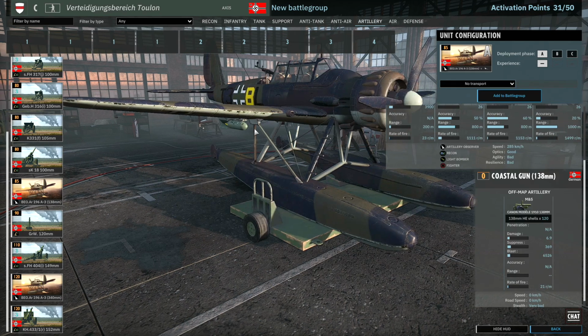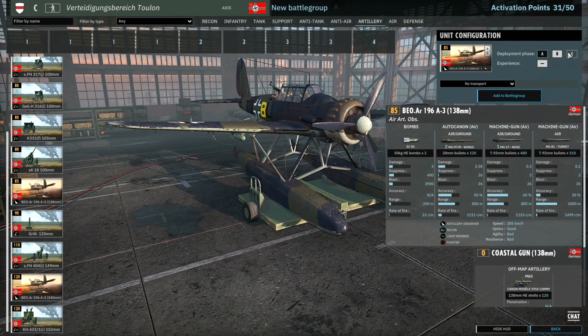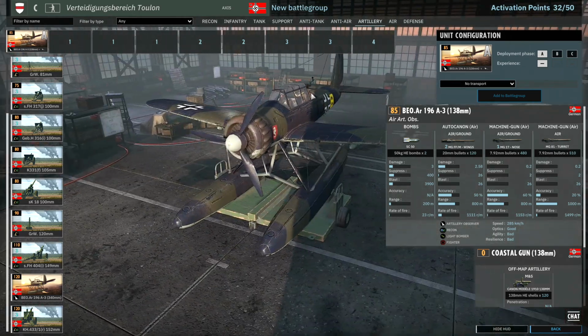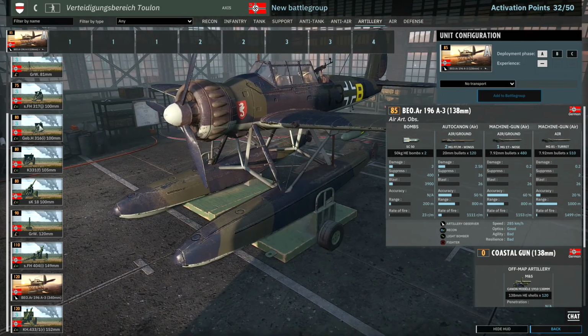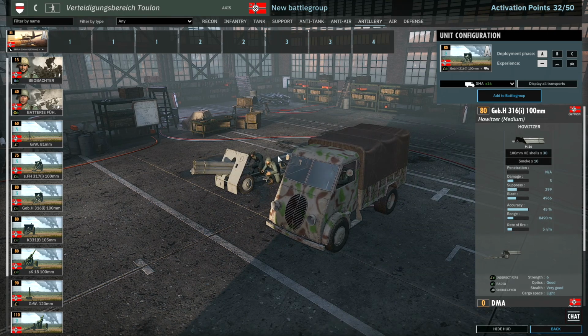So I think, for the price, this isn't like the worst off-map in the world. So I'm kind of tempted to bring it in phase A. I think biplane off-map is generally best used in the early phases when there's less AA on the ground. So we'll bring it in then. As for our artillery, I think I'm going to use these guns